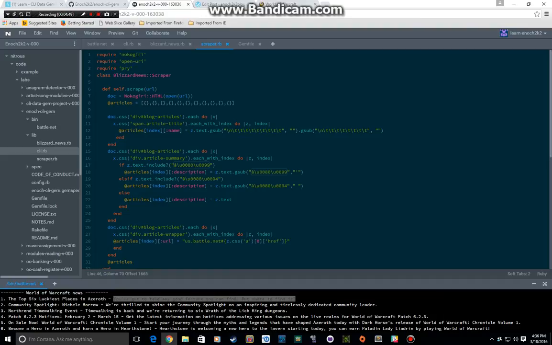It takes in the URL, and then I use the Nokogiri gem and OpenURI gem to set a variable equal to the URL. It opens and retrieves the HTML from there, so I'm able to iterate through a lot of the HTML. I used Pry to do that. And then I was able to narrow down my search with a div class with an ID of blog articles. And while I was iterating through it, I found that span with the class article title gave me my names. And with the text being the child of that